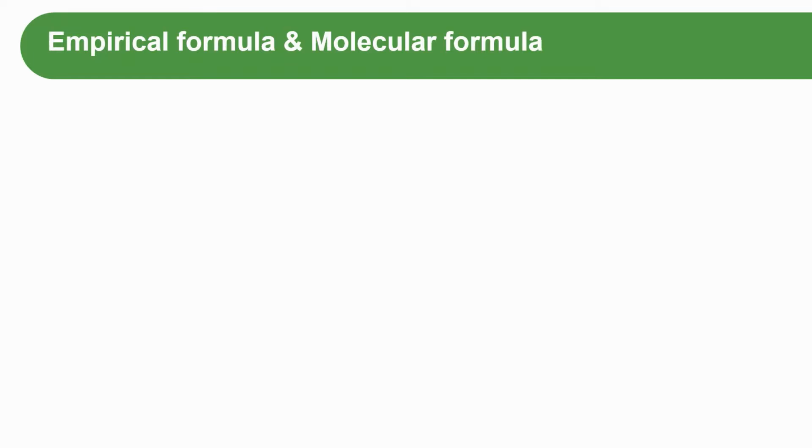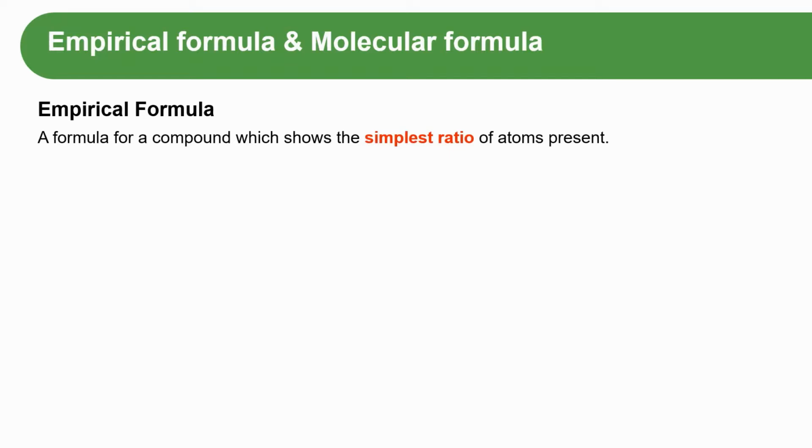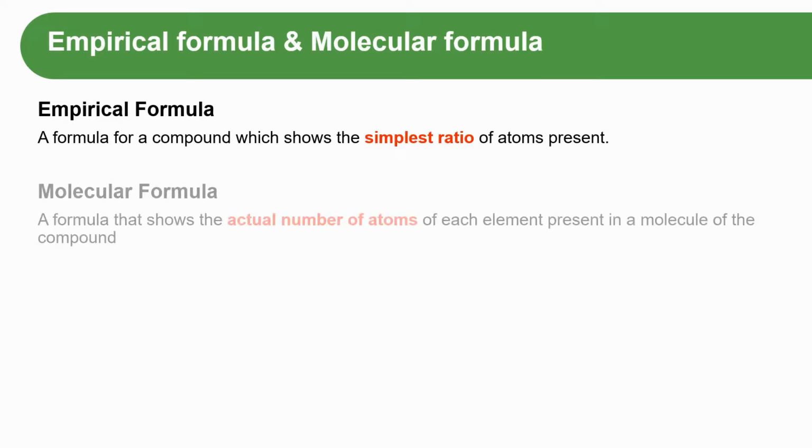The name empirical formula refers to the formula that is derived from scientific method. It's not by theory, it's through experiments. And we define empirical formula as a formula of a compound which shows the simplest ratio of atoms present, whereas